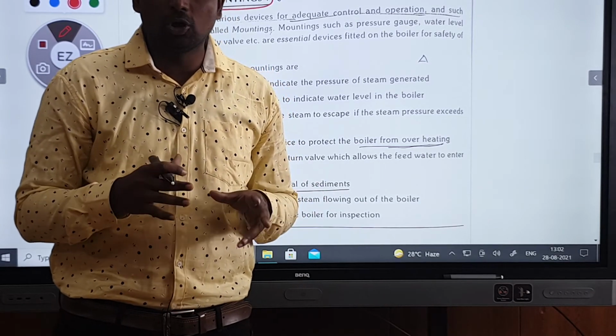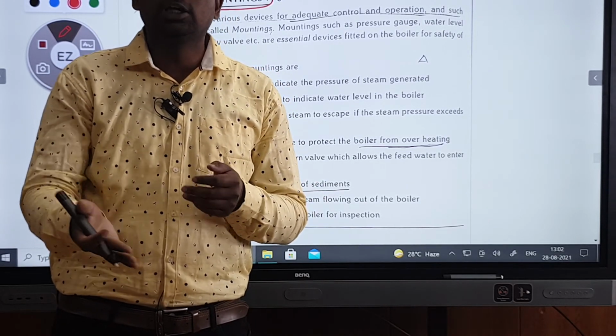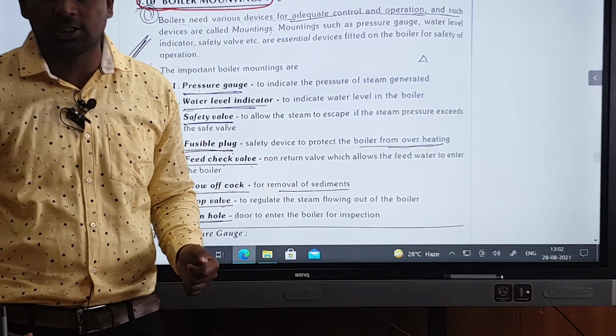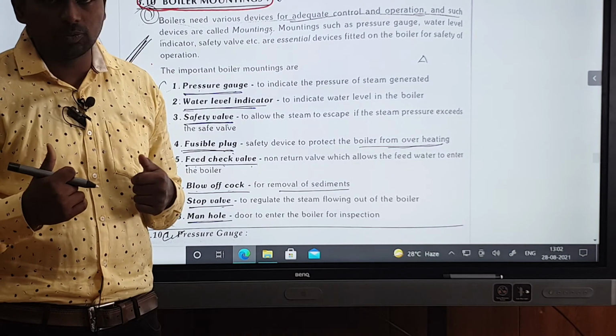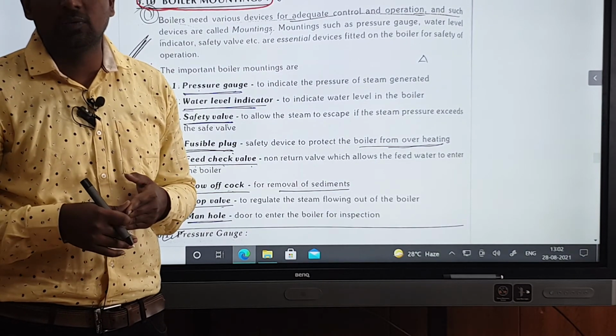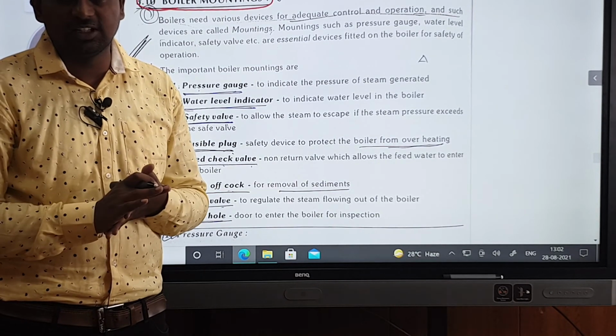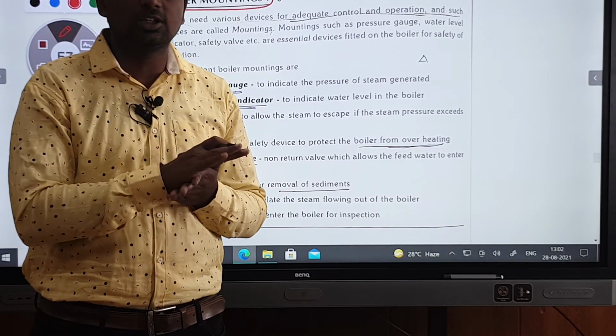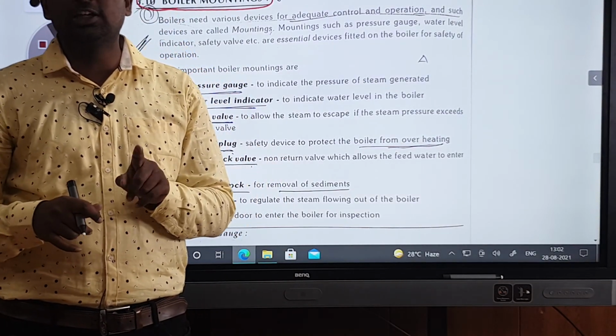Then there are accessories. If you add the accessories, the efficiency of the boiler will increase, but mountings are necessary. If you want to increase the efficiency of a boiler, then accessories are also required. So these two things are there. First one is